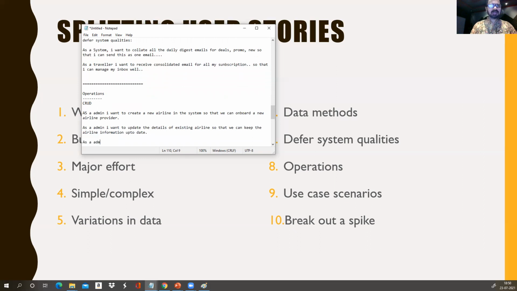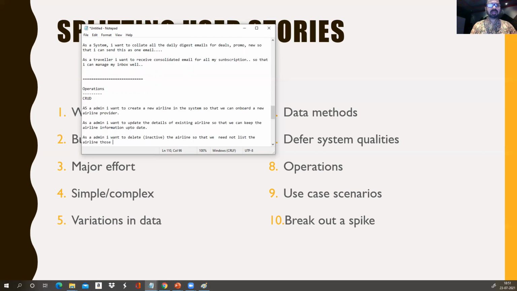As an admin, I want to delete or inactivate or disable the airline that is no longer operating, so that we need not list the airlines that are out of service.